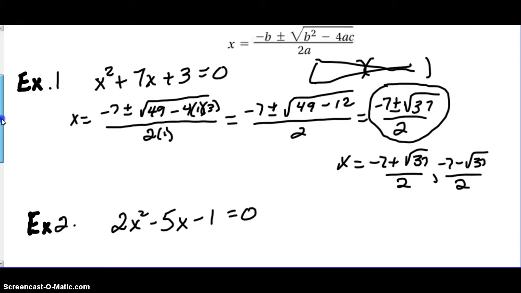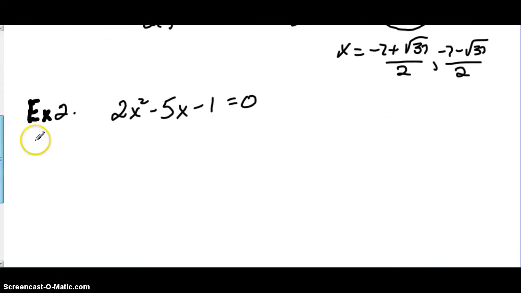Let's take a look at another example. Again, this is non-factorable because if you multiply 2 times negative 1, you get negative 2, and I can't think of any factors of negative 2 that add up to negative 5, so we cannot use the head times the butt, or find factors that equal the gut technique, so we're going to have to use the quadratic formula. So we're going to go ahead and have our x equals negative b